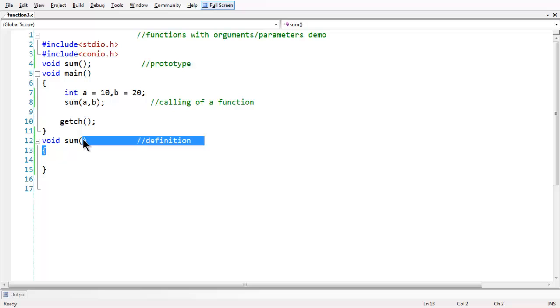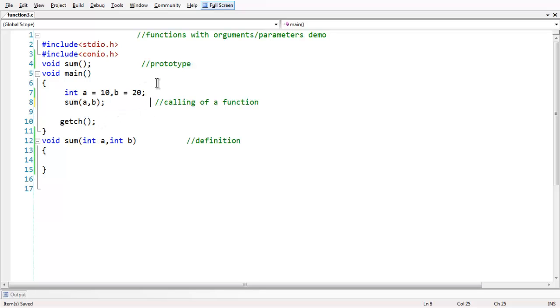Since you are passing two parameters from the calling area, you need to have two arguments or parameters here also in the definition, which are going to be like this: int a and int b. Okay,